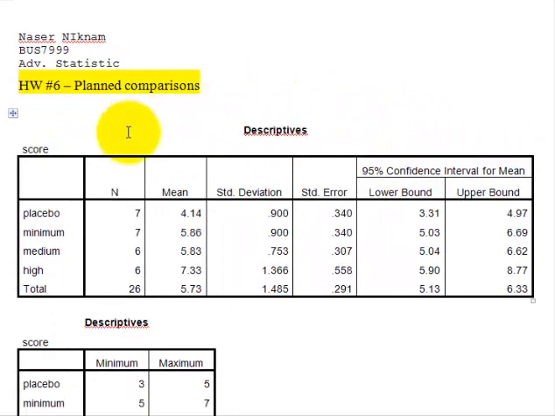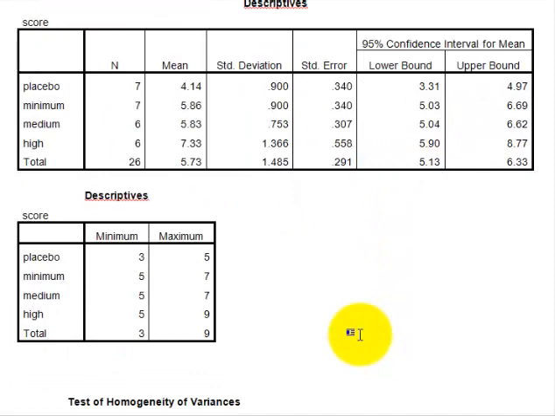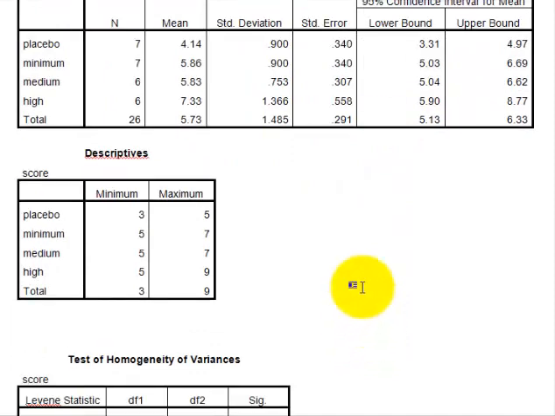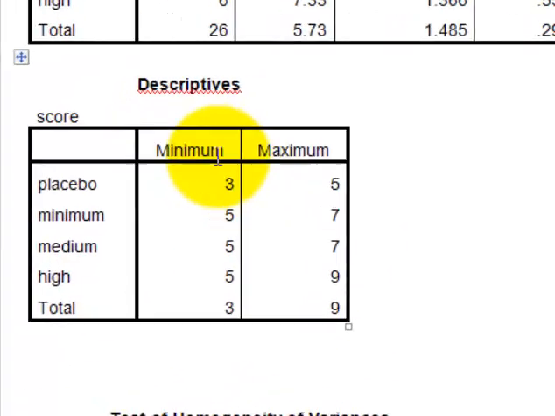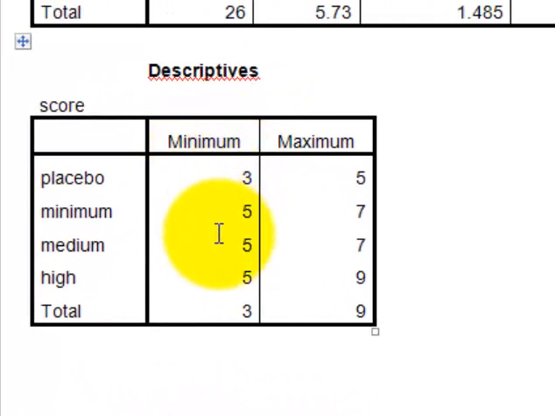So there were four different groups, right? A placebo, and groups that got a little, medium, and high. This is their numbers. These are their means. So far, so good. Standard deviations, errors, standard errors, and their confidence intervals. It also gives the mins and the max of each group. I can already tell by looking at it that there's going to be a significant difference in